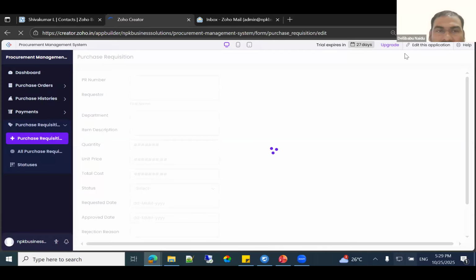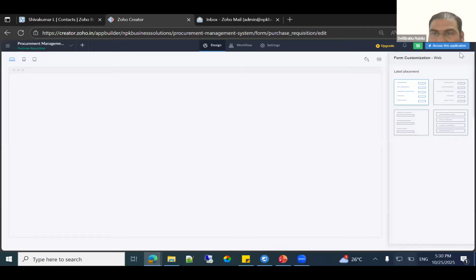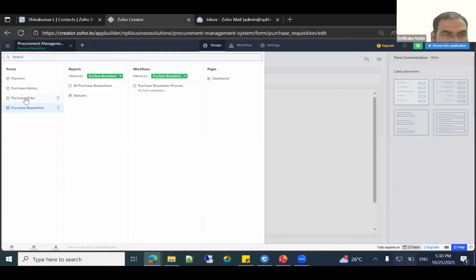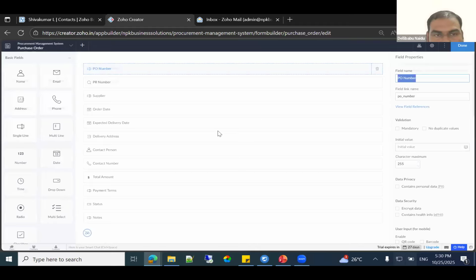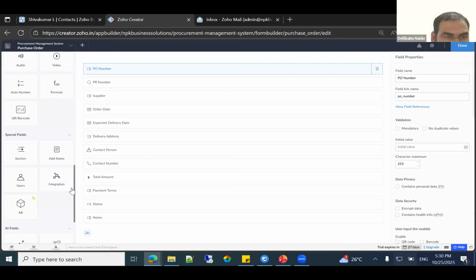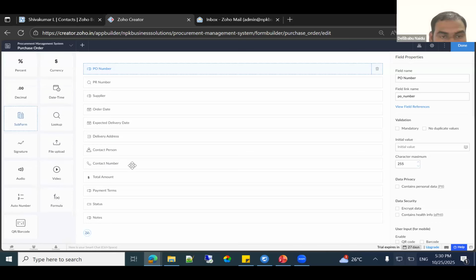Beyond that, if you want anything edited, or want to add some additional fields, there is an edit application option. It will jump into the edit application. For example, in the purchase order, it is displaying all the fields one below the other, but there are no item details. They're not added. Okay, no need to go back to Zia. You can add it from here. There is an option, subform. See, subform. I'm just adding it in the middle.